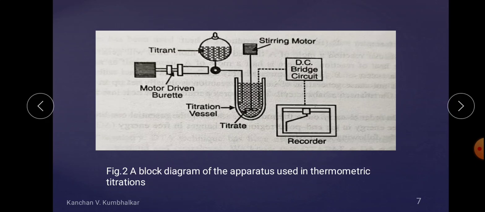First, a commonly used instrument devised by Aminco, the Titro Thermomat. In this, the titration vessel is located in an insulated enclosure and two thermistors are fed into the bridge circuit, one measuring the titrant temperature and the other the temperature of the titration vessel.